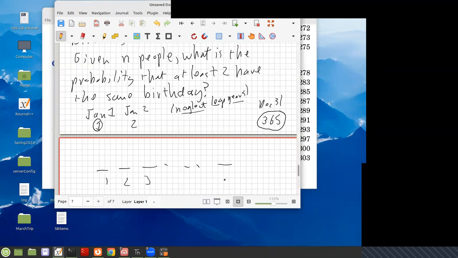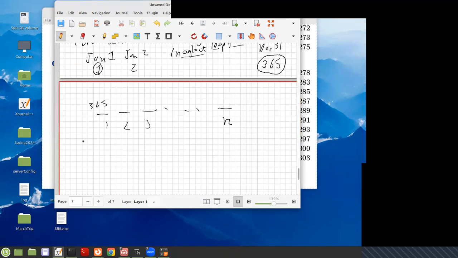1, 2, 3, n slots, and each one of them could have 365. If we just took it randomly, like the first person could have been born from either January 1st or December 31st. There's actually 365 different choices, possibilities for their birthday. Now, if we assume that the days of the year are all equally likely,